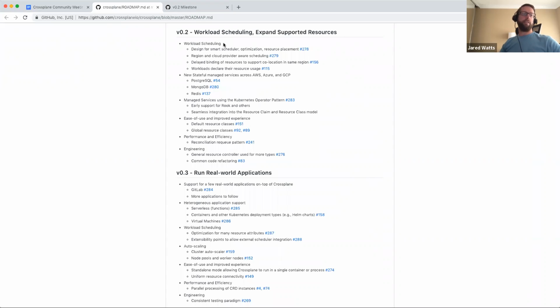Ilya and Ravi have started on design for the workload scheduler in terms of the early features we want to support and the phases we want to implement them in.